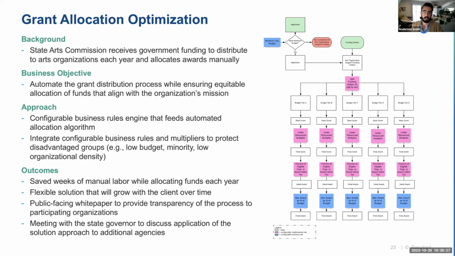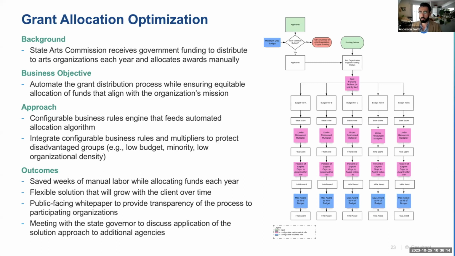They wanted to focus on some groups that were traditionally considered a little more disadvantaged. So groups that were in more rural areas, groups that may have smaller organizational budgets, where there were oftentimes a lot fewer art projects going on, and minority groups as well. So we ended up splitting organizations out into different budget tiers based on that budget size. And we calculated those just based on the distribution of budget within all of the applicants and split it out into different tiers, had a base score for all of those groups,